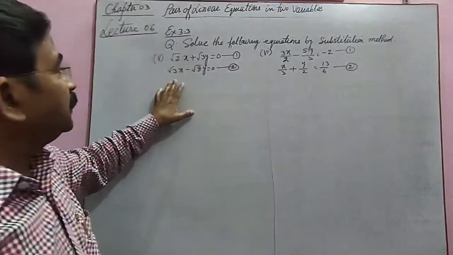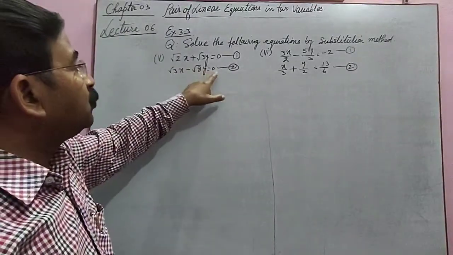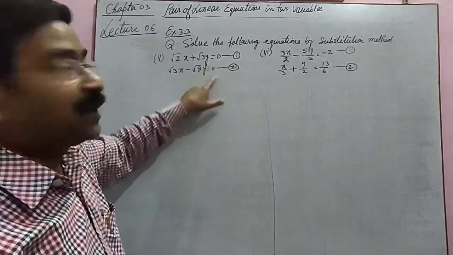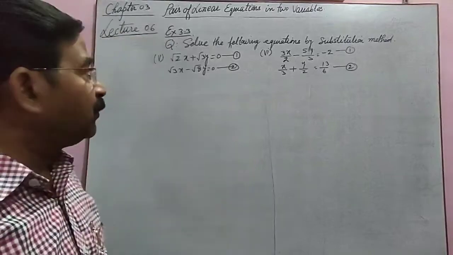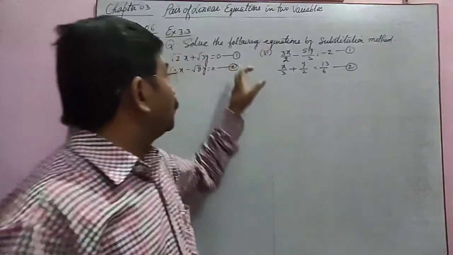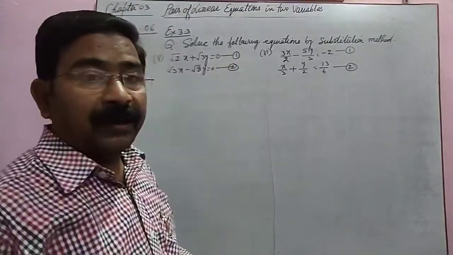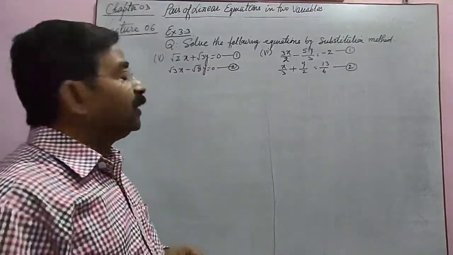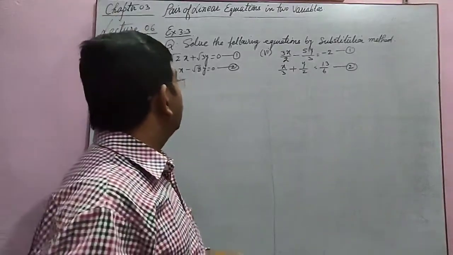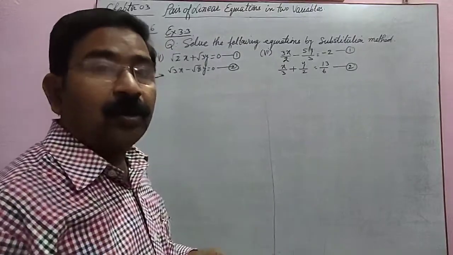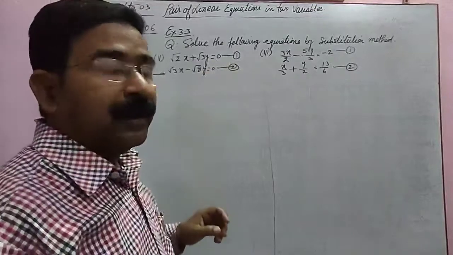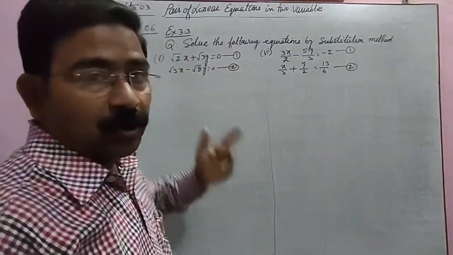In 5th part, you have to observe that the constant term which is written on the right side of the equation is 0. Whenever you have this kind of situation, when the constant terms are 0, it means the variables will have the value 0, 0. Means the answer of x and y is 0, 0. This is the checkpoint. If the constant terms are 0, it means the variables are 0, 0.